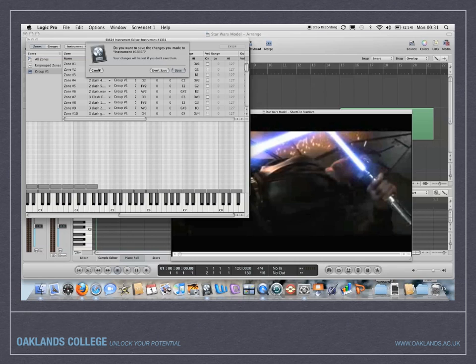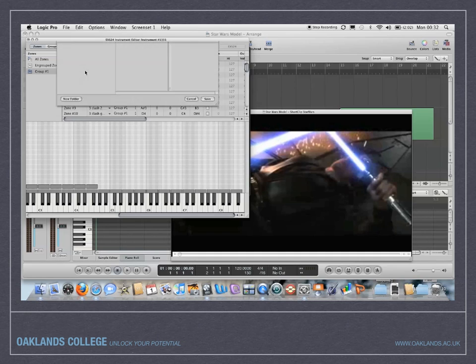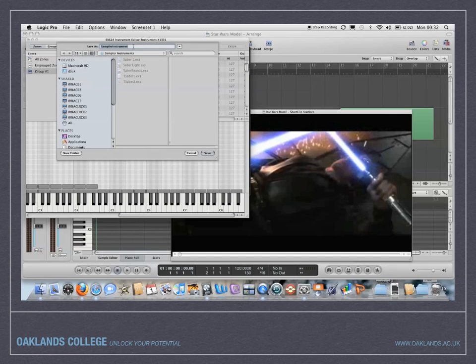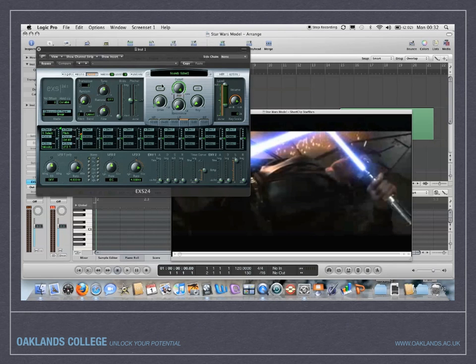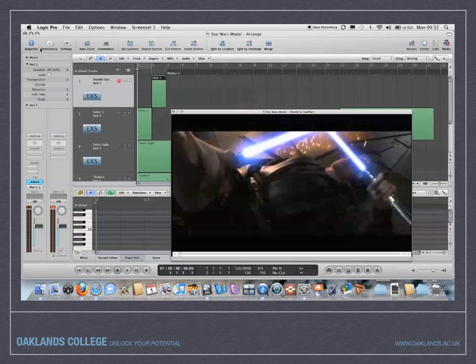You can save that. If you go to File, Instrument, Save As, you can then call that Sounds Saber 2 or something. Press Save. Okay, and then that will load up in your XS24 here. You can then apply any additional filtering effects from here as well, another benefit. Okay, so then the task is to